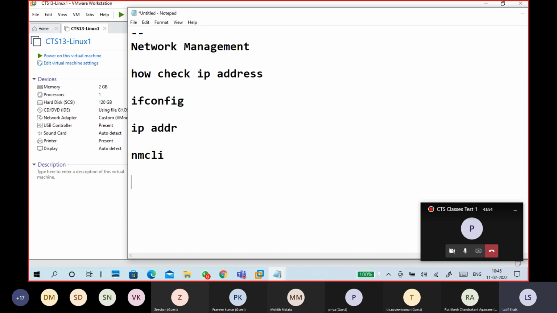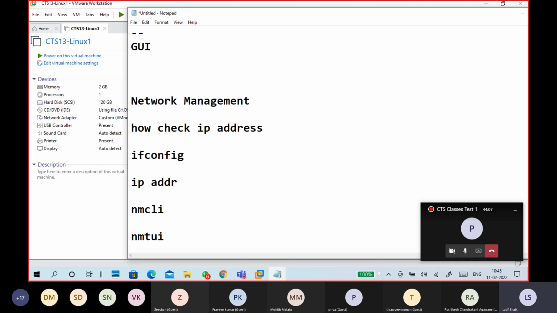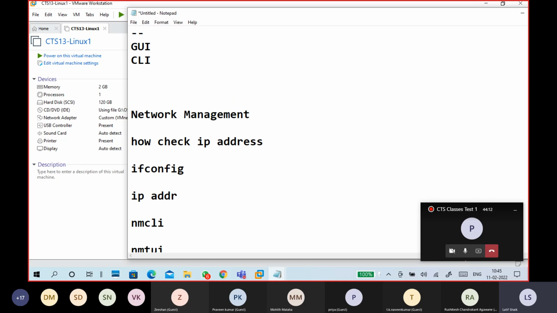Now I want to introduce nmtui. Okay, what is this TUI, guys? Again, you know GUI, graphical user interface. CLI, command line interface. That we know. But what is this TUI?